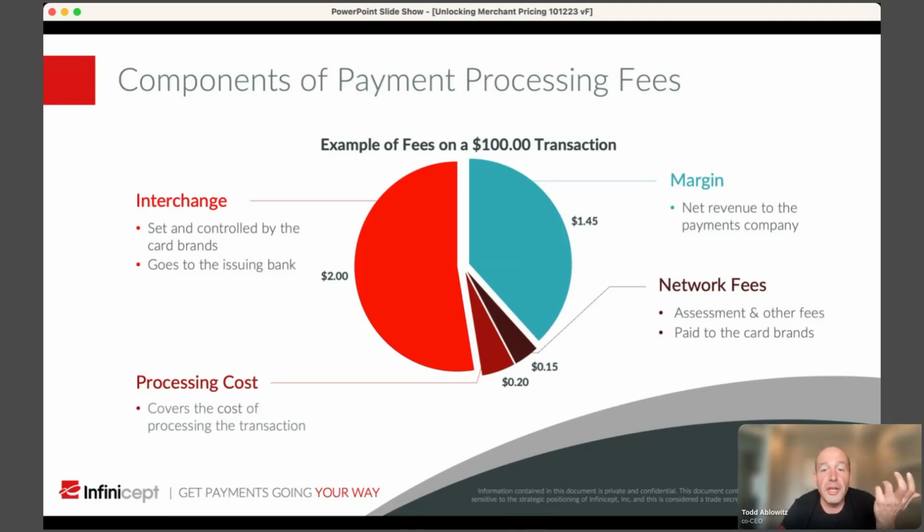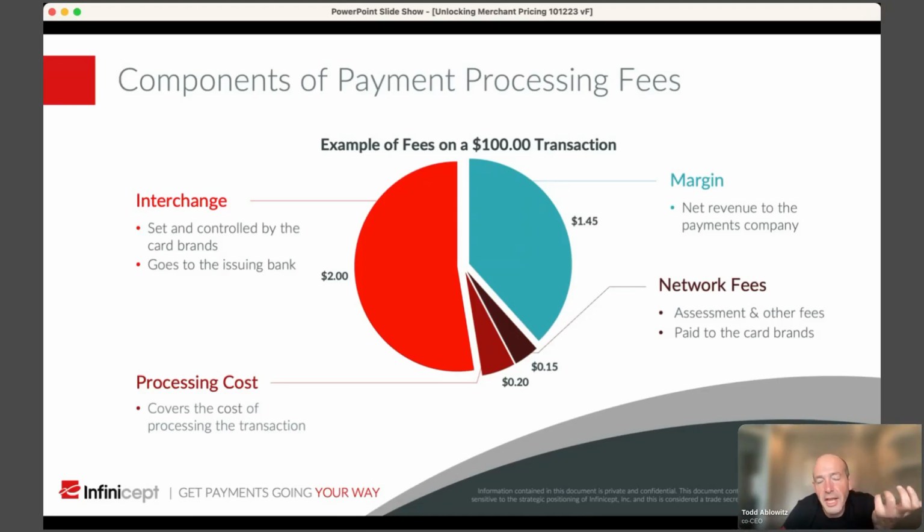In the old days, those were the only network fees. But as Visa and MasterCard became public companies, they started to come up with new and different types of fees beyond the assessments. So the assessments, and we can talk a little bit about how much each of these are, might be 13 basis points. We'll talk about what a basis point is, but 0.13%, and there might be a couple of cents in other network fees, and there might be some monthly fees per merchant.